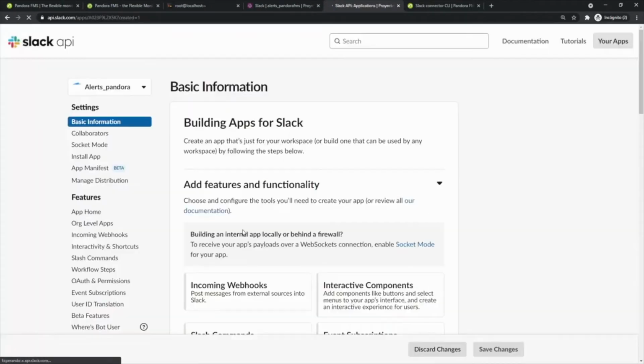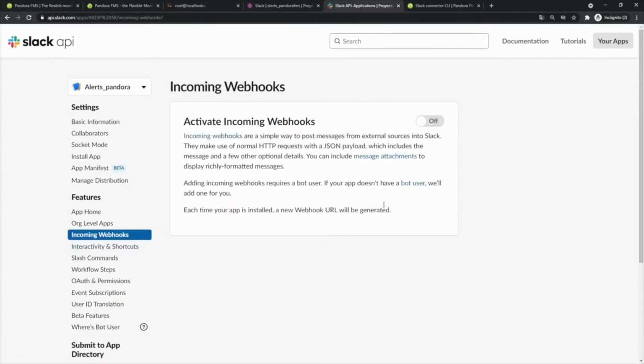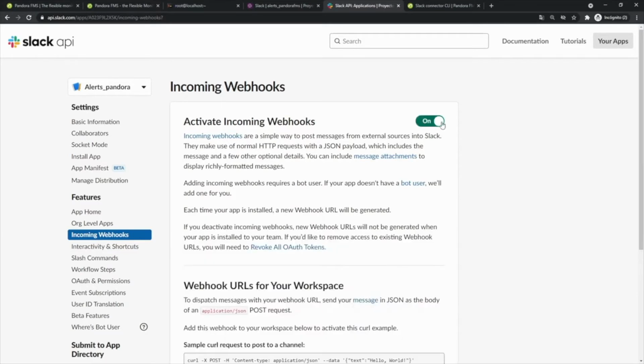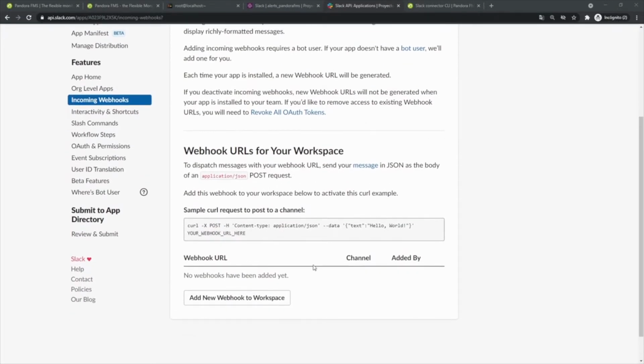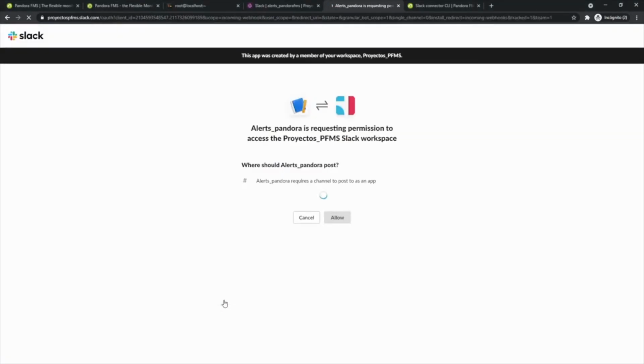The next step will be to define the configuration of the app. In order to use Pandora FMS CLI, configure it as an incoming webhook. Click in this section and activate the token on the upper right corner. We see that this action extends the initial box we saw, and below we find a button for adding a new webhook to the workspace. Click, and you will just have to choose the channel where you want the app to send the messages to